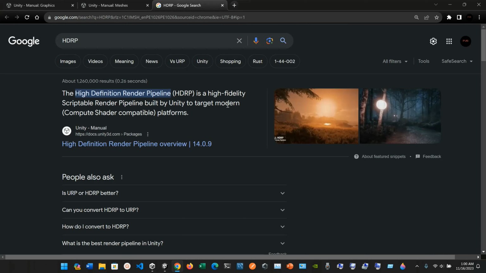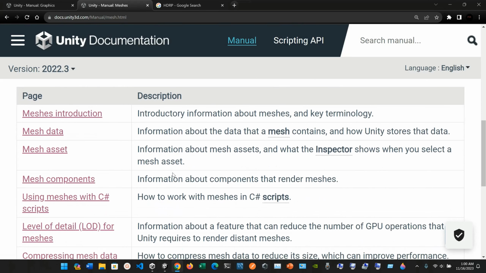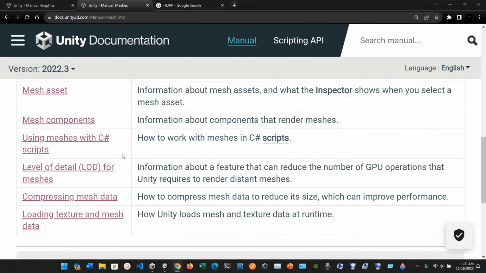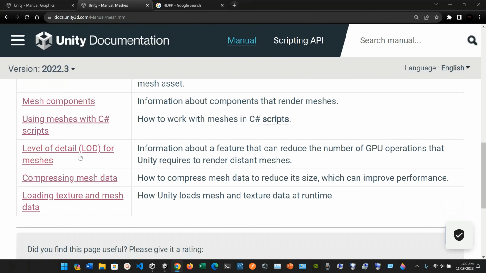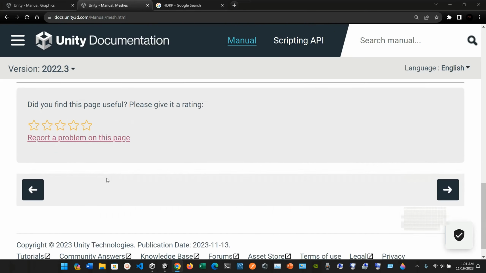It's a high fidelity scriptable render pipeline built by Unity to target modern computer shader compatible platforms. So we have that, and pretty much here we're gonna have the meshes introduction, the mesh data, mesh assets, mesh components, using meshes with C# script, level of detail, so LOD stands for level of detail for meshes. We have compressing mesh data, loading texture and mesh data, and right now let's move here. Let's go